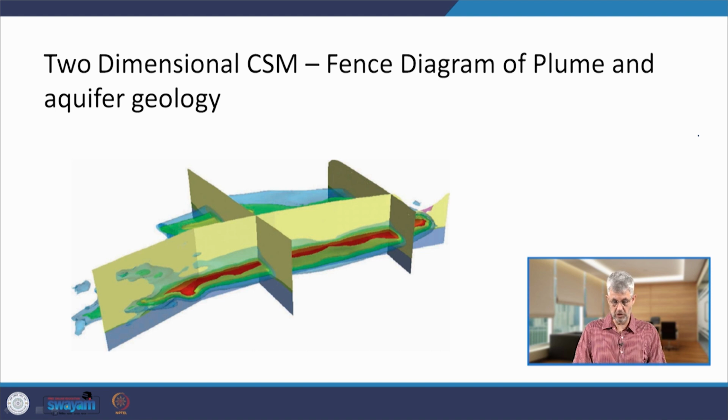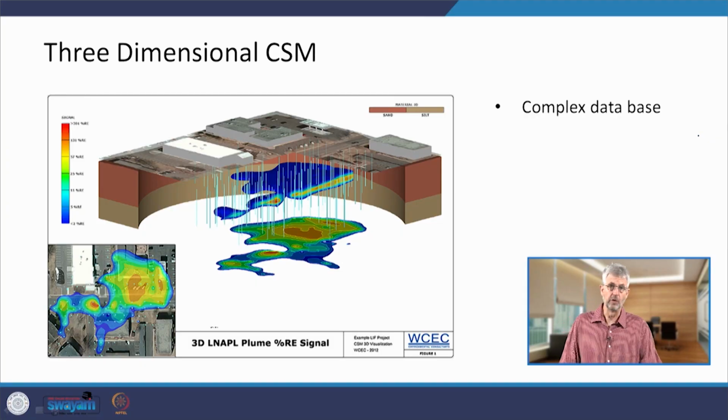Another two-dimensional CSM could be something like a fence diagram of the plume distribution in relation to the aquifer geology. This is a little bit more sophisticated. It requires specialized computational programs, but again, it illustrates where the plume is now and in the context of the subsurface geology and hydrology. As more and more information becomes available through drilling, through geophysical and other site investigation methods, the picture of our CSM becomes more involved,